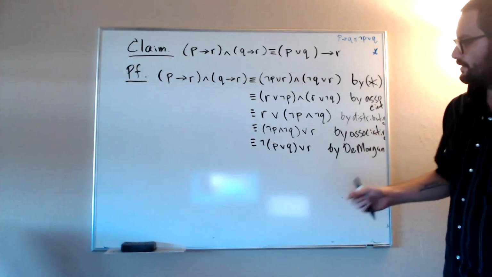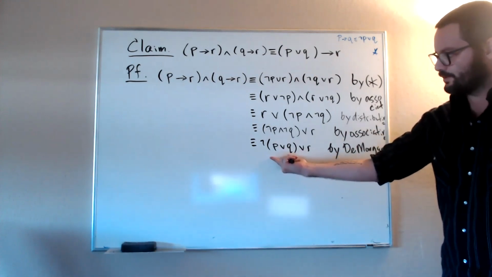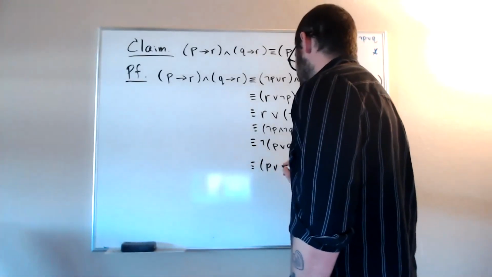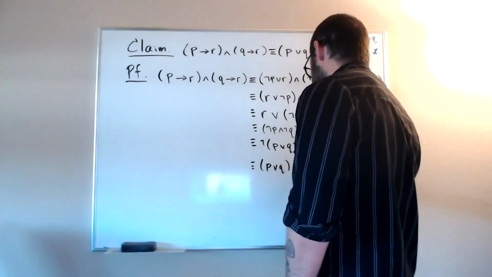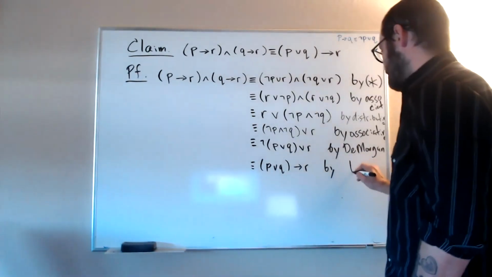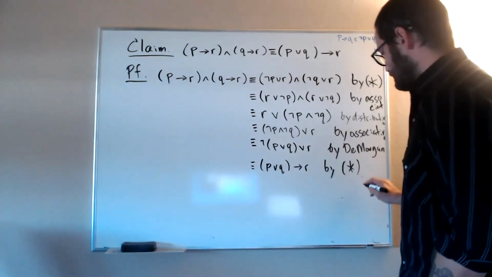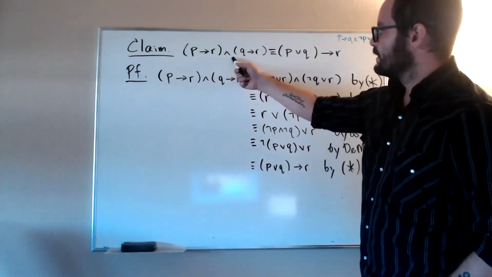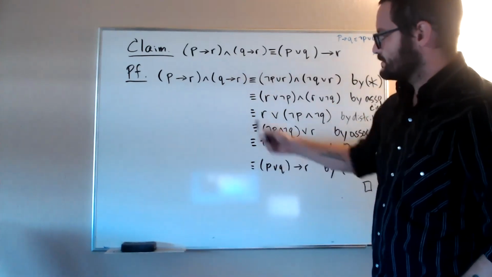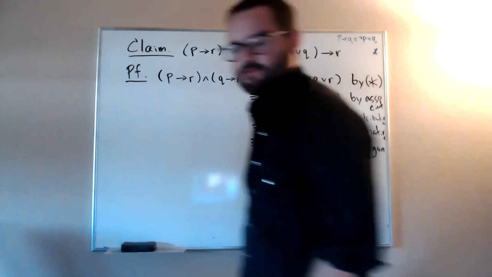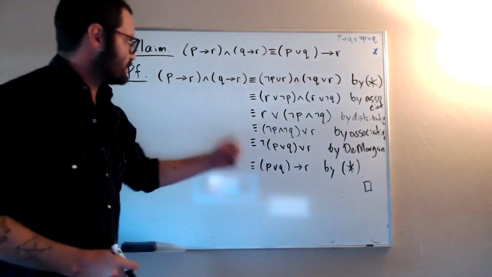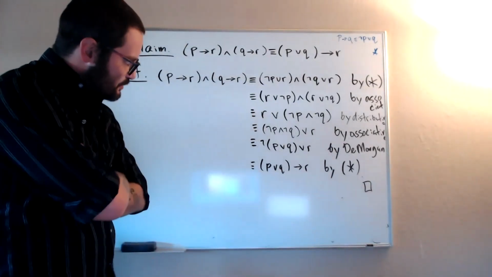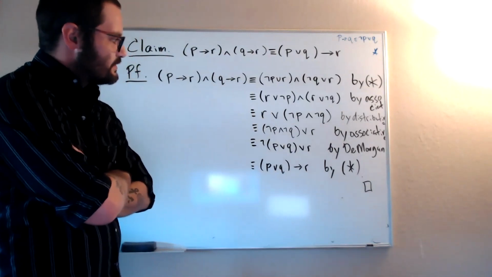You see it now. Because here, by that star rule, this is equivalent to if P or Q, then R. That's by star. And then we're done. So we've established that the left-hand side is logically equivalent to the right-hand side just because you can follow down the string of logical equivalencies and get to the right-hand side from the left. Now this one might seem a little bit tricky for you because,